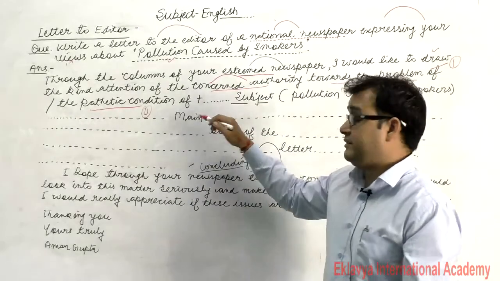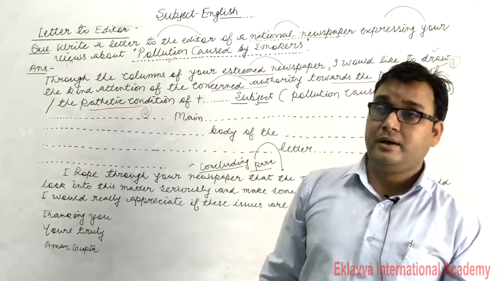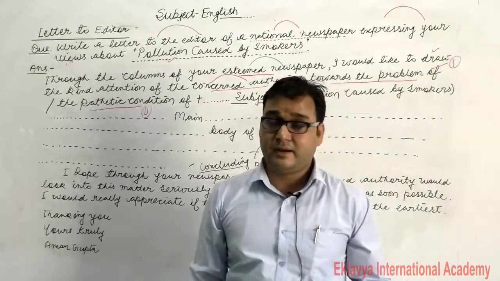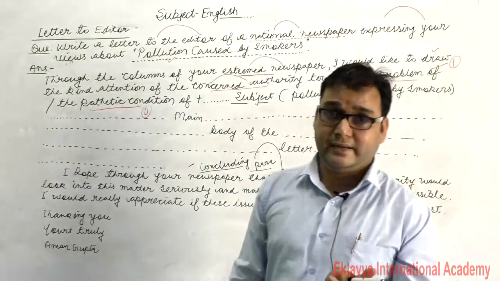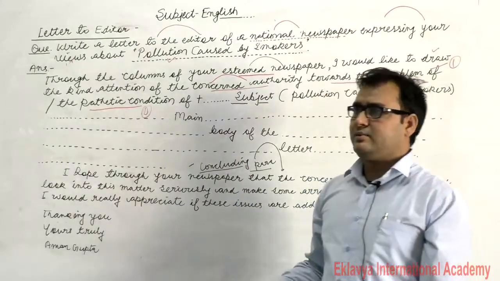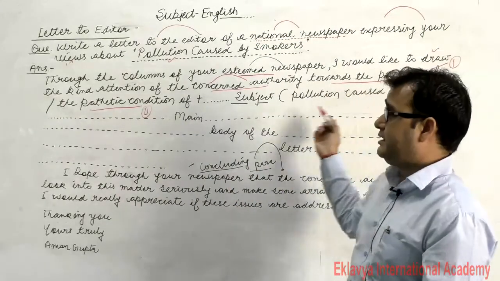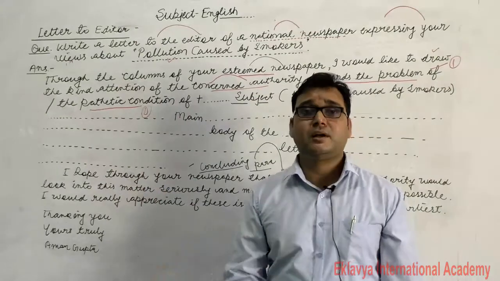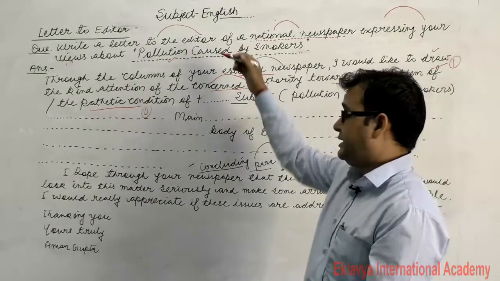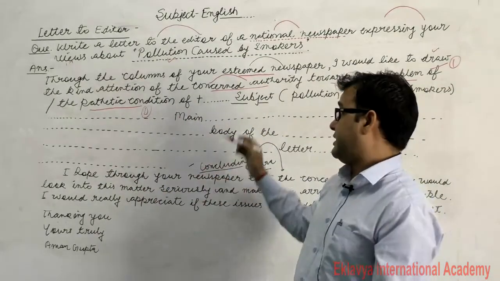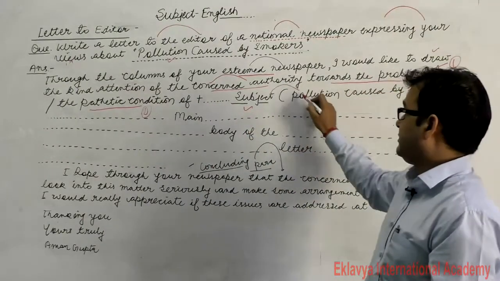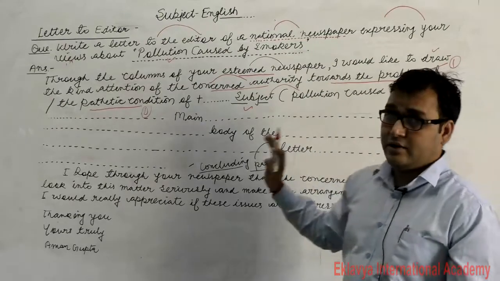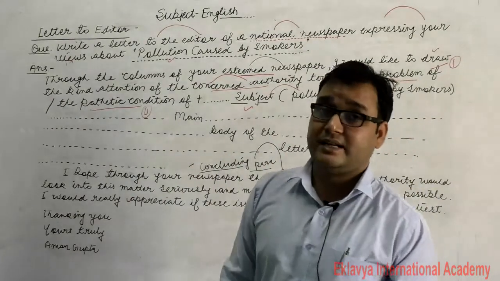Okay, let's say if the question is of female foeticide, कन्या भ्रूणहत्या का कोई सवाल आ जाता है एग्जाम में letter to editor में, then the word pathetic would be more relevant there. Still it's a problem, you can write down the problem of like that, but the word pathetic condition will look more elegant, more beautiful there. Ask for the demand of question like the female foeticide may be asked. Then mention subject, the subject is pollution caused by smokers. You can have any subject as per the question.